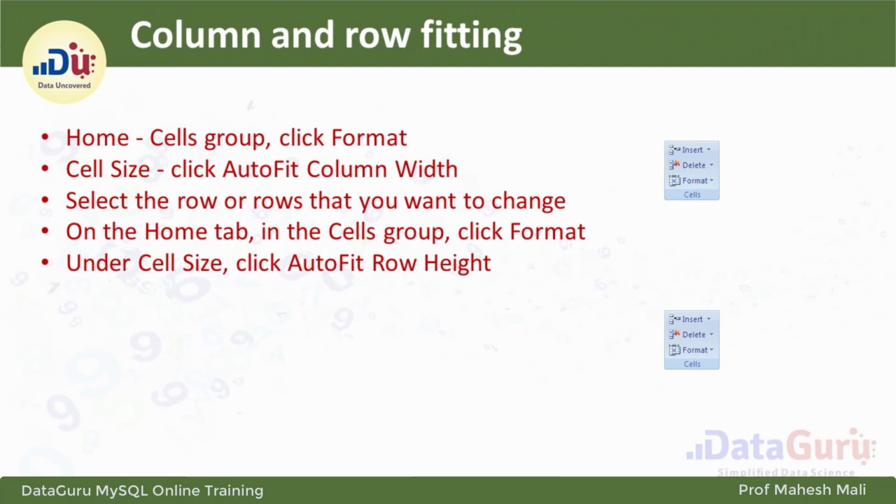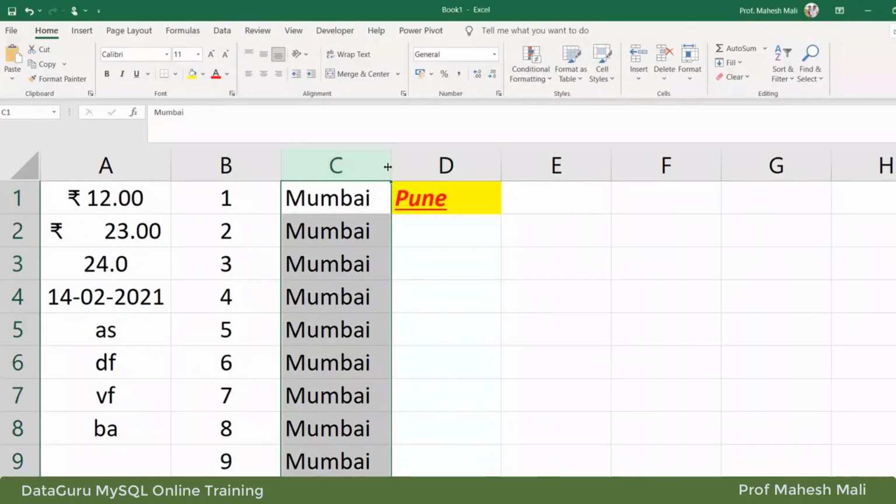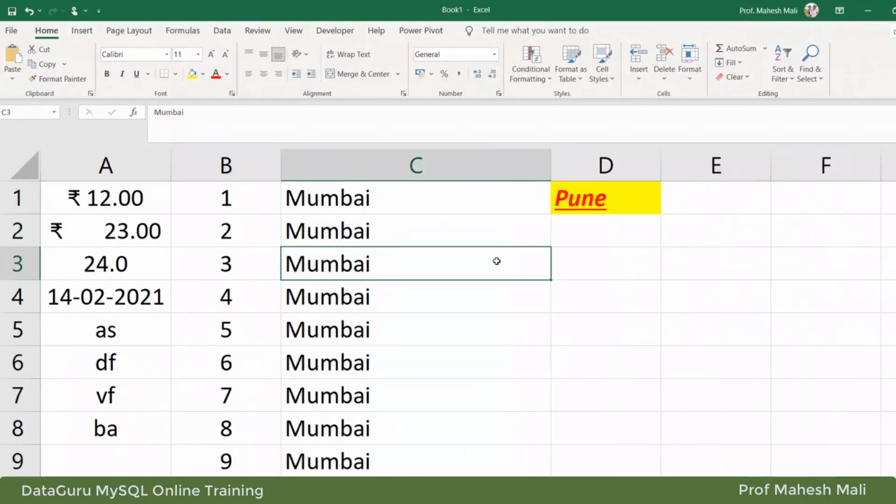Now, suppose I want row fitting, adding columns and rows before the row, after the row, auto fitting. I'll show you what is auto fitting a column, and how to arrange the cell size. For example, suppose this column is this big, but I know there is a lot of empty space over here.